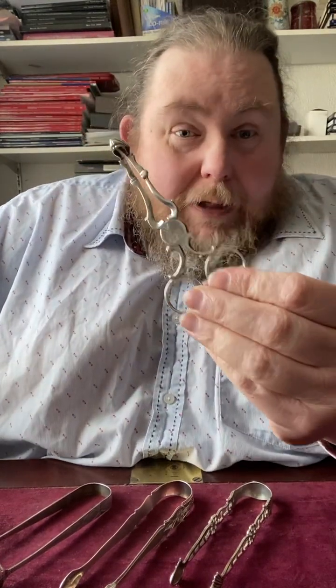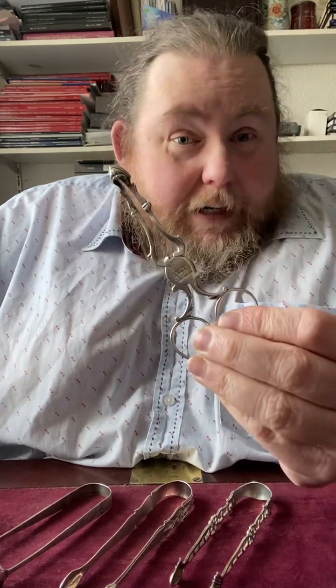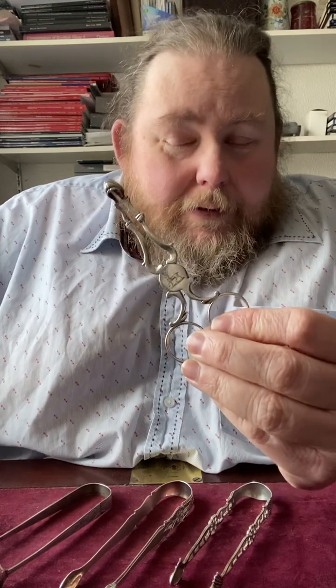Now, for a moment, let us imagine you and I are cast adrift and we land on a desert island with a few supplies and just these humble tongs. And I turn to you and I say desperately, will you pass me the sugar tongs? I don't know why I need them, but let's just imagine that I do. You would not pass me these if you knew what you were doing,